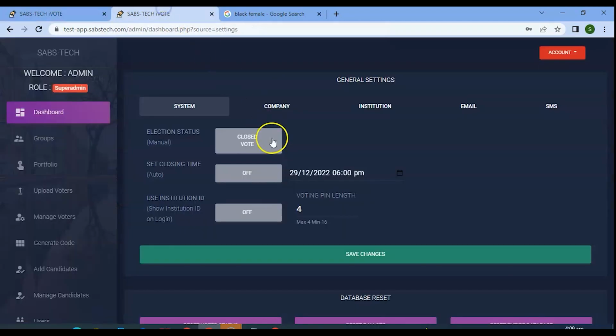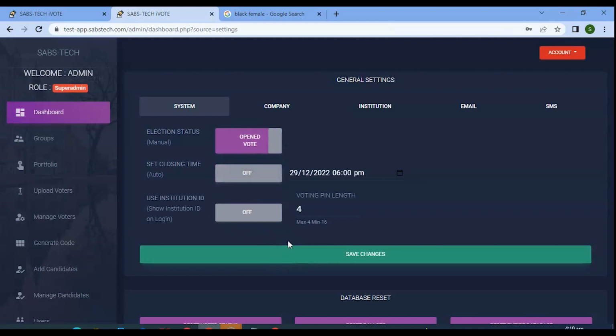That is simply because we have ended the vote. Now we can stop accepting votes without necessarily closing the vote to show the results, because after the election, we will need people to check to see that everything is okay with them before we go ahead to declare or show the results to the voters. So we can simply end the time for the votes so that no one is able to participate in the election anymore. So let me just open this,